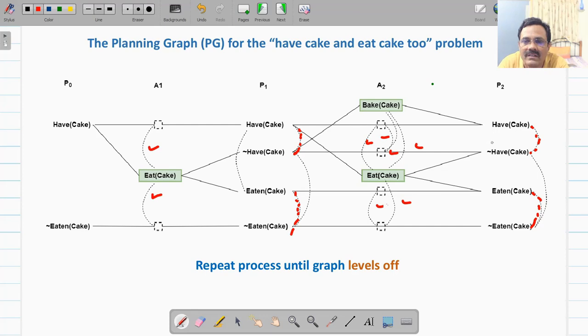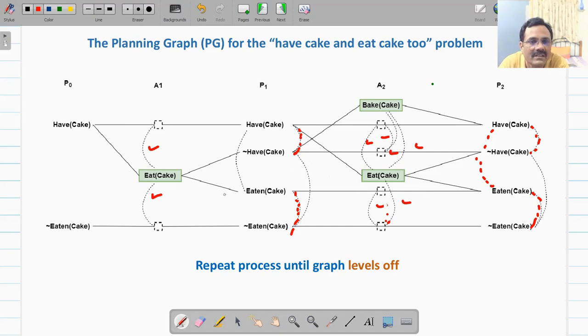For example, out here, bake cake and eat cake are mutex, so their effects, have cake and eaten cake, both are mutex. That is not shown here, but both are mutex. Similarly, eat cake and this persistent action are both mutex, so their effect prepositions will be mutex, that is already shown.